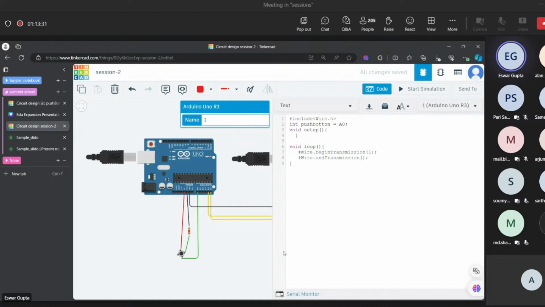Then I'm declaring a temporary variable x equal to 0. The role of this temporary variable is that it stores the data. If I press the push button, it should store 1. If I'm not pressing, it should store 0, right? I need to store it somewhere, so I am using a temporary variable and initializing it to 0. I hope it is clear up to now.